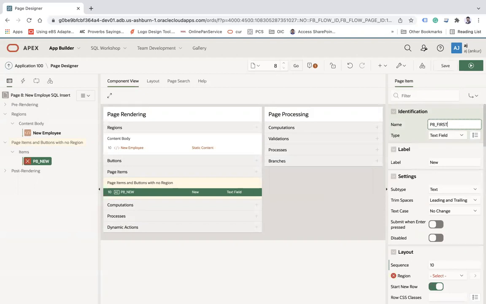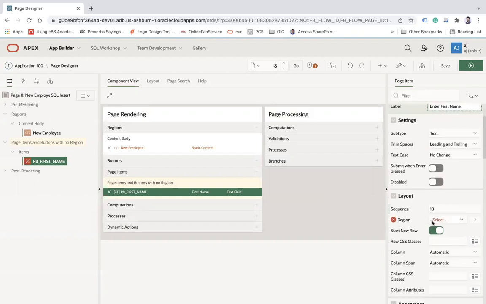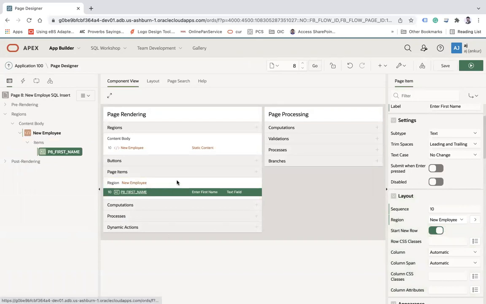Let's say first name, and it will be of text field type, and I will say enter first name as a label. Then as a mandatory attribute, you need to select the region, which should be the region this page item is part of. So I will select this new employee as a region.